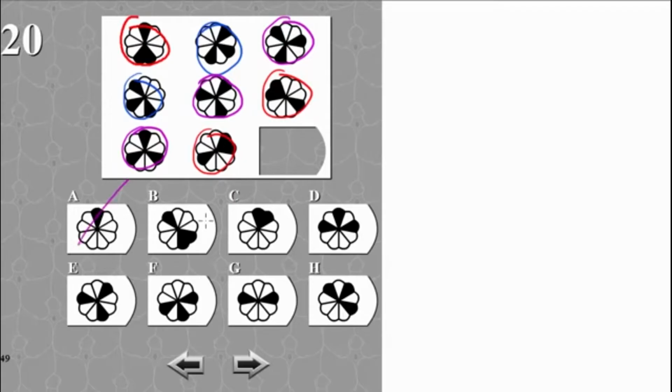We can rule out this one, this one, this one. This one is a blue one. This one can be ruled out, and this one can be ruled out. So it's one of these 3. And